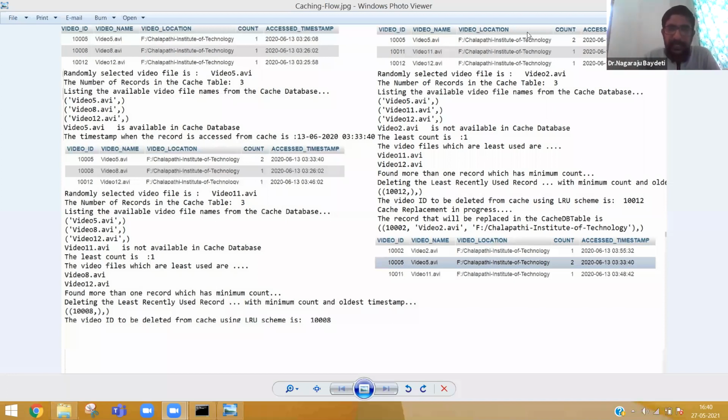In case it is real time, how would they handle it? They will take the first entry, first come first served. In case everything is a tie, whichever was inserted first will be removed first. You can select any one of them and remove it. Is it clear, Mr. Mahesh?